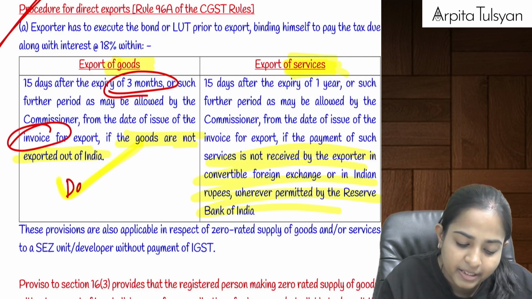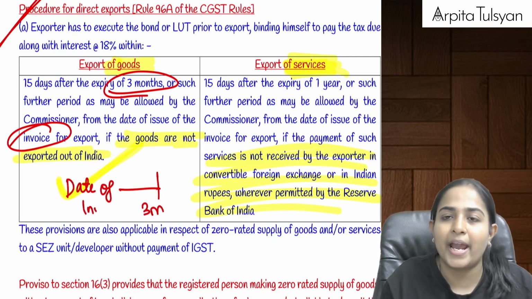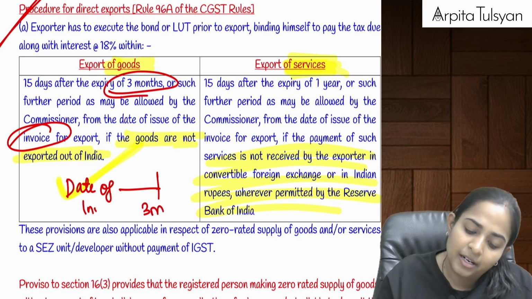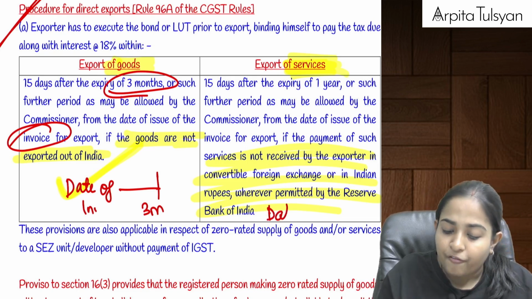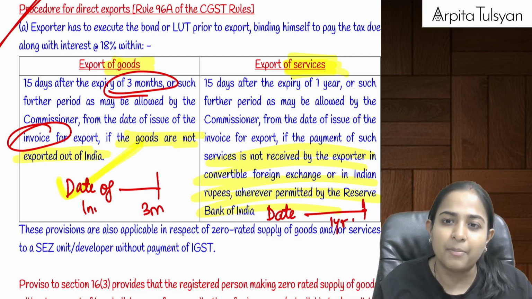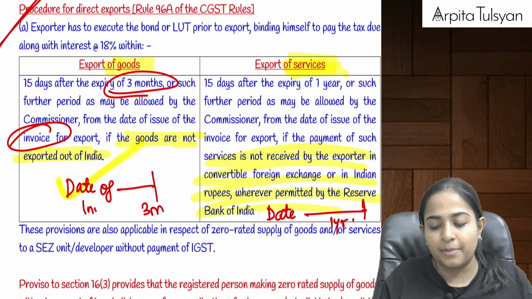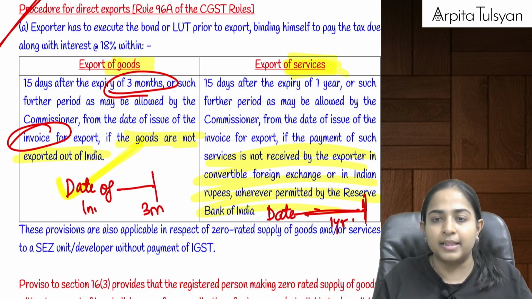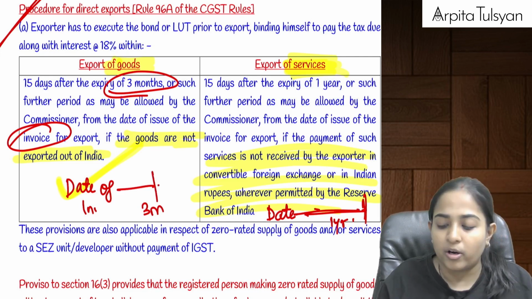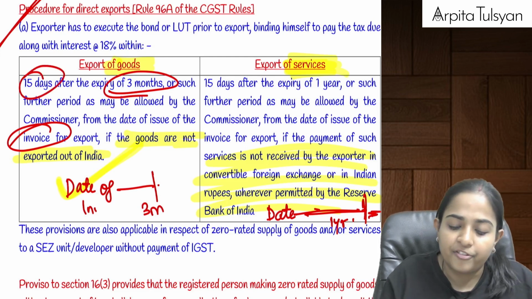So from the date of invoice, within 3 months, you are required to export the goods. Similarly, in case of services, from the date of invoice, within 1 year, you are required to get your money back. If it is not done, respectively, for goods within 3 months or for services within 1 year, if your export is not done, or the payment is not received, then within 15 days from this